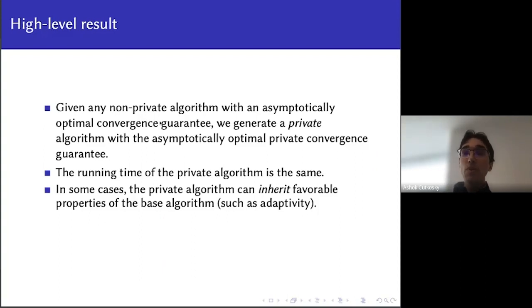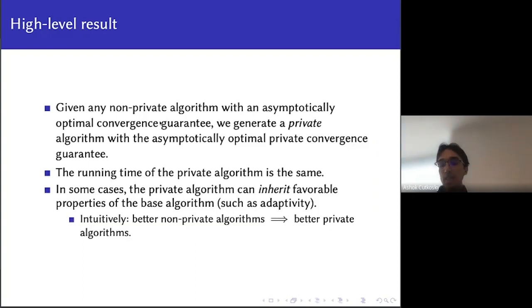And so we would like to build a private algorithm that has the same kind of property, which is called adaptivity. If the data happens to be easy in some way, we'll automatically perform much better. And that is intuitively even more at odds with privacy, right? We're extracting even more information from the data set that could leak privacy in order to detect the possibility that it is, quote unquote, easy, whatever that means. Okay, so high level intuition: we want better non-private algorithms to imply better private algorithms.